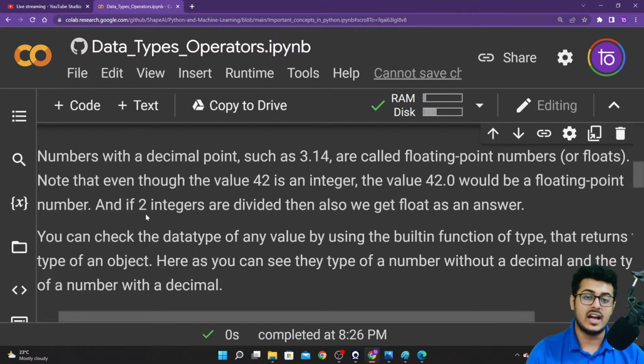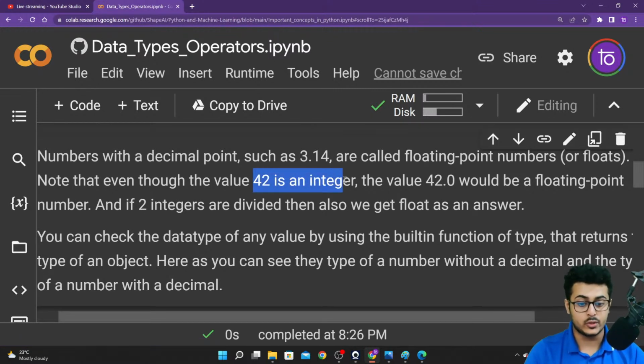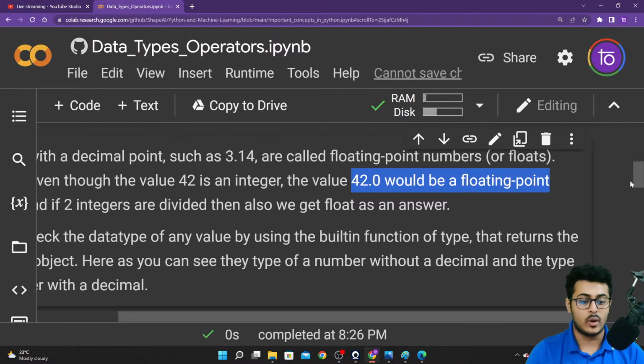Note that even though the value 42 is an integer, the value 42.0 will be a floating point number. Please listen very carefully. 42 is an integer, but 42.0 will be a floating point number.